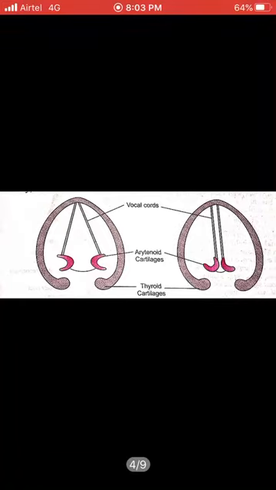What happens when air is blown inside it? These vocal cords become flattened and they vibrate. Due to the vibration of these, the voice is generated, and with the help of teeth and tongue and the shape of the mouth, we convert them into words. So this is how it works.